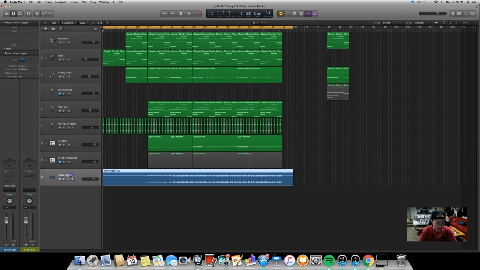It's just what it prefers. All right. So now, if you were from an audio-based kick, all you do is bounce in place or duplicate the track and join them. Now, first step is I'm going to turn off my output. What this does is it makes it so we're not actually going to hear the trigger. We didn't duplicate this to duplicate our drum sound, but rather we're going to use this information to do something